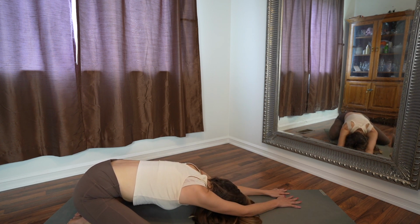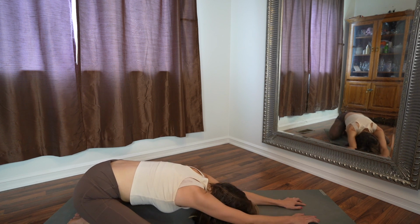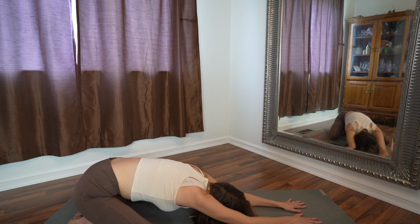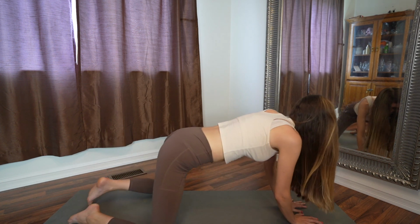Walk your hands to the left edge of your yoga mat and feel the stretch on the right side of your body. Begin to lower the right shoulder a little bit closer down towards the floor beneath you. Make your way back to center and walk your hands just a little bit more forward. Find your edge. Return to hands and knees